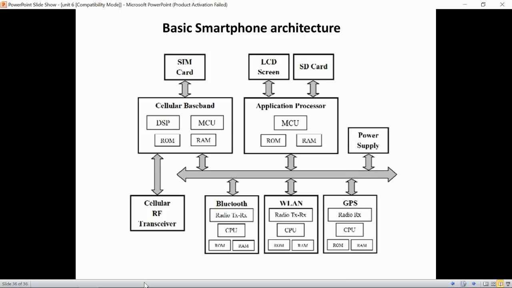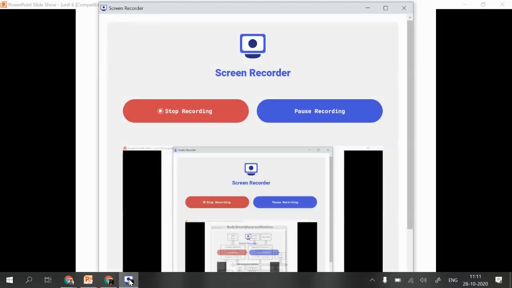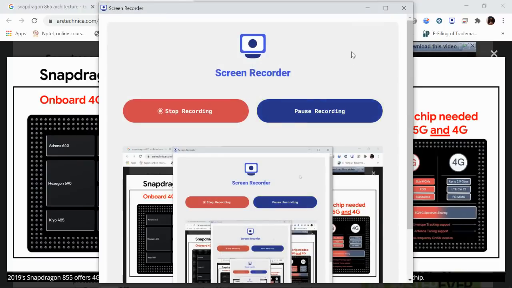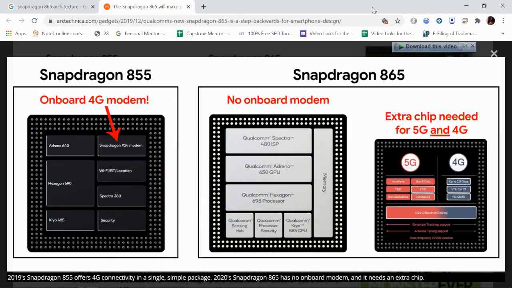So let me show you some other architectures as well. Just wait. In this, I'm sharing a small glimpse of the 855 and 865. You can check that everything you are doing, whether it is an 865 or 855, is on a single chip. There is an ISP for instructions, they have a GPU, they have a Hexagon processor. For security they have a separate processor. Kryo is there, the sensing hub is there.